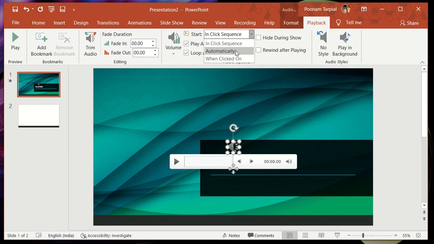Or it has to be in a specific sequence altogether. You may select automatically, because the moment you click on the slideshow option, it is going to be played automatically.